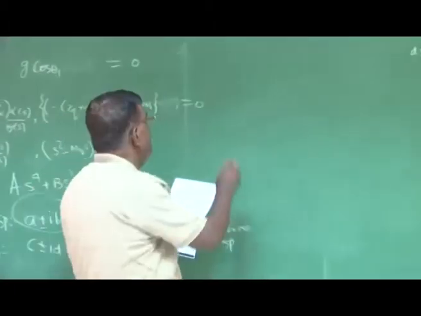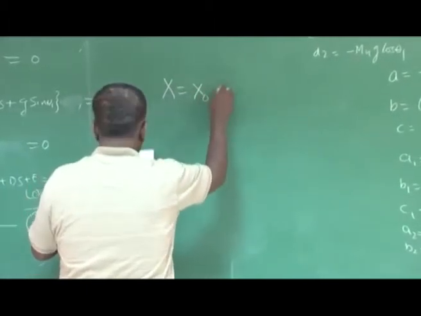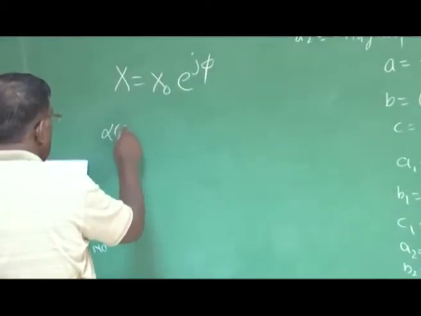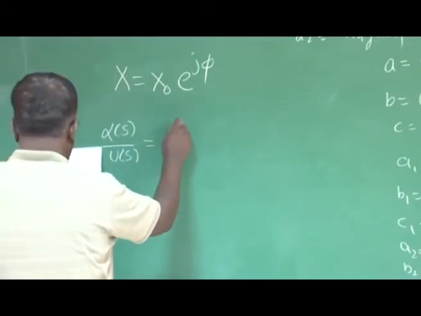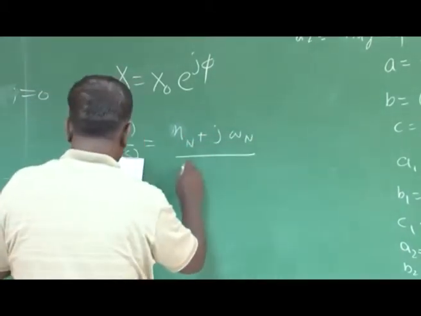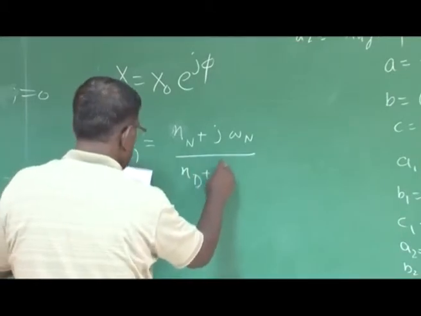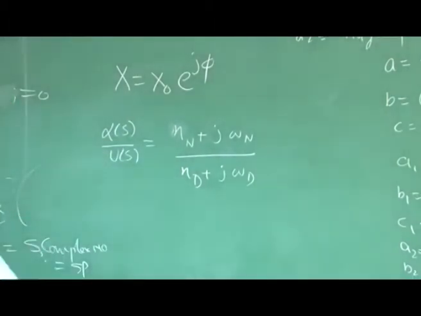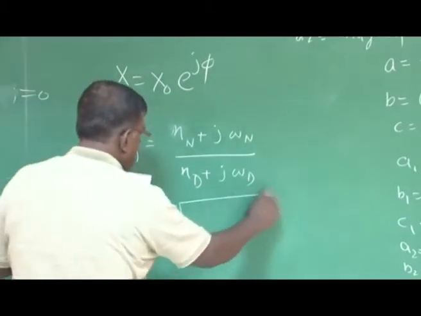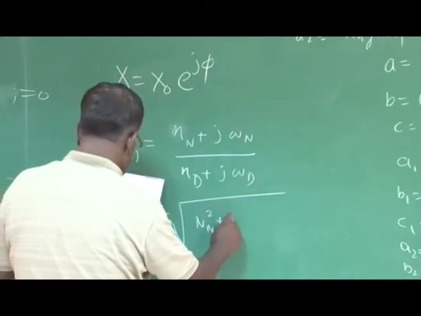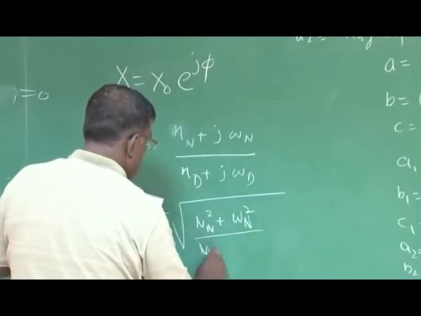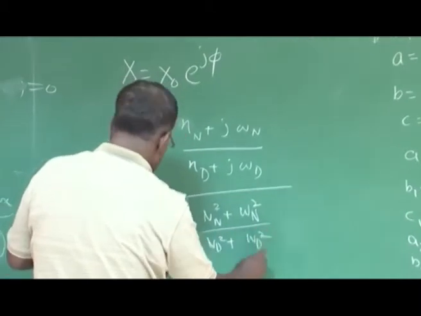Just to revise your understanding of complex numbers: a complex number is represented by this, and if I have a ratio of alpha of s by, let's say, u of s as Nn plus j Wn by Nd plus j Wd, numerator over denominator, suppose the complex number has this sort of form, then I know the magnitude will be given as the square root of (Nn square plus Wn square) by (Nd square plus Wd square),